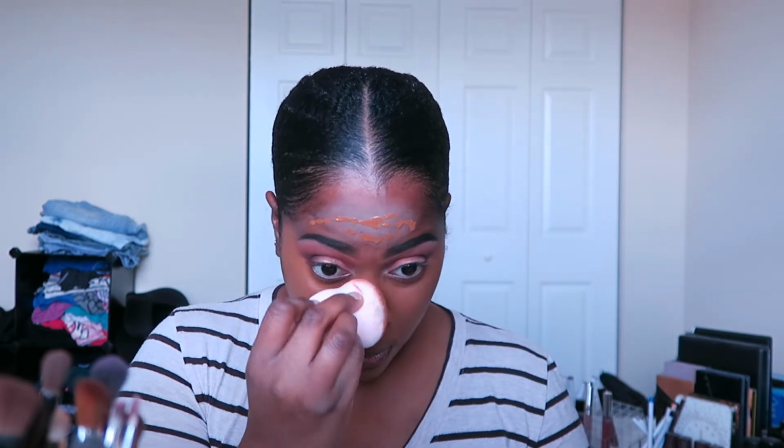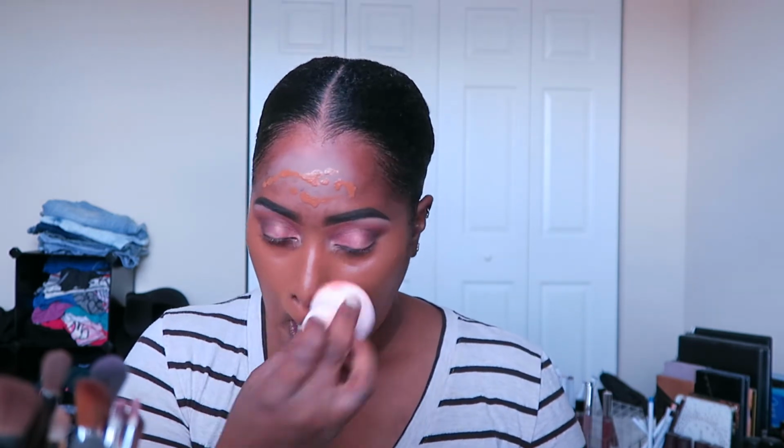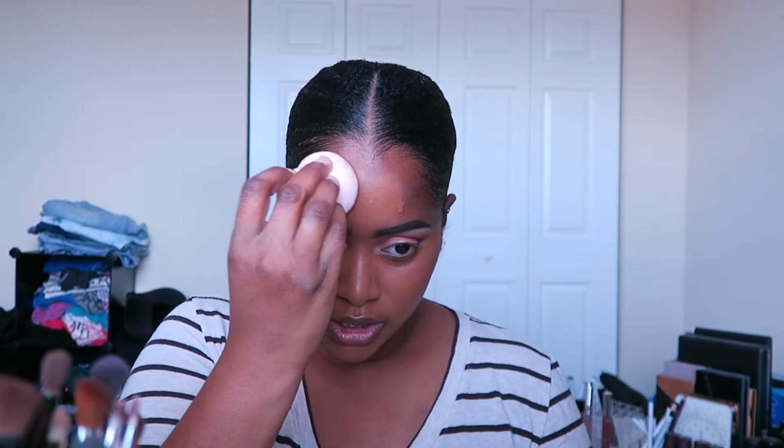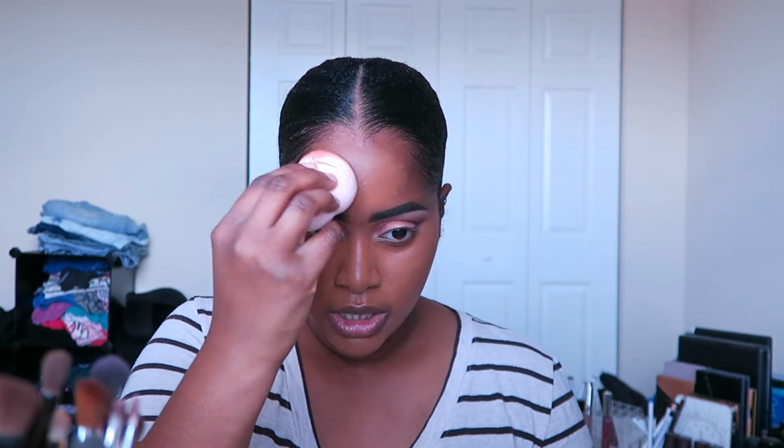So, just patting it all over. This sponge is so good, y'all. If you are looking for an extremely affordable sponge that's equivalent or even better than the Beauty Blender, this is it. Shop Miss A